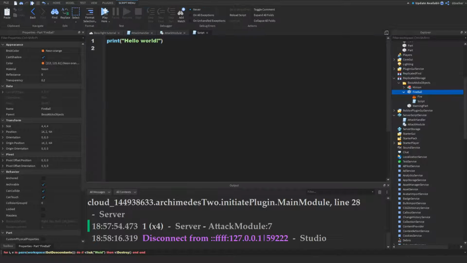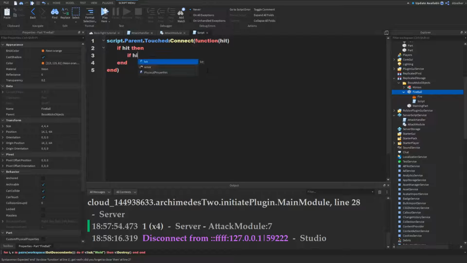So let's just put it in a script and say script.Parent.Touched:Connect(function(hit) if hit then if hit.Parent then if hit.Parent:FindFirstChild("Humanoid")